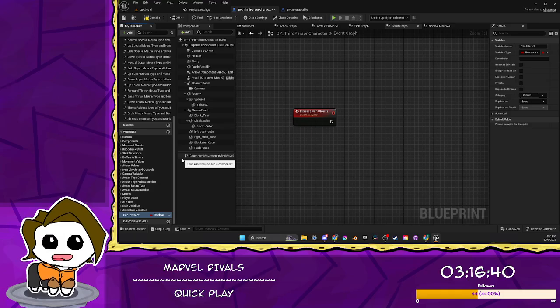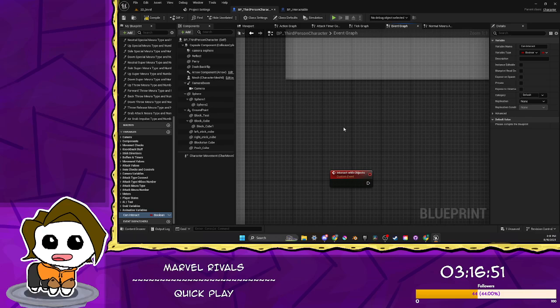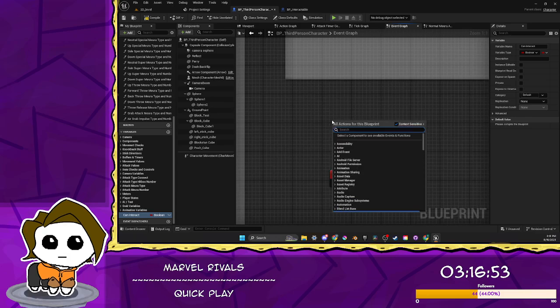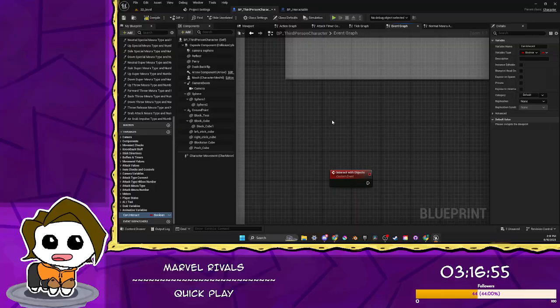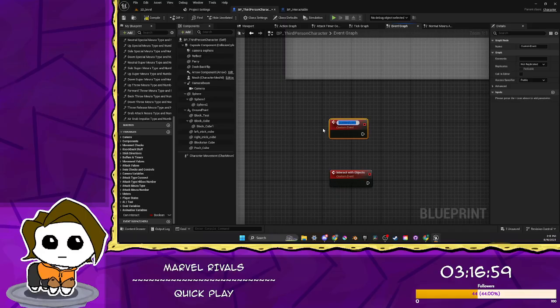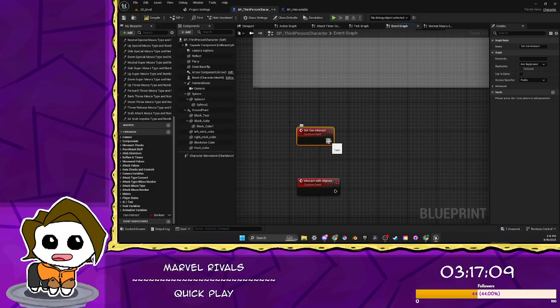I think what needs to be done is if you can DI, in hitstun, blocking, to interact with objects event, set can interact. And I think